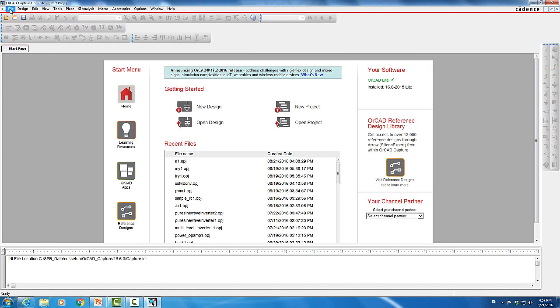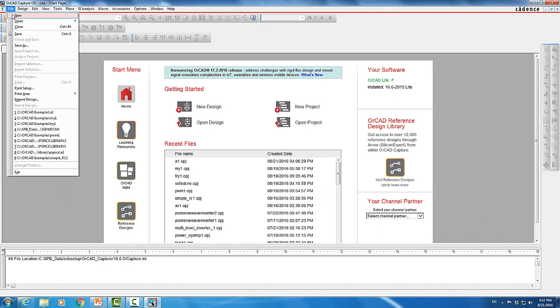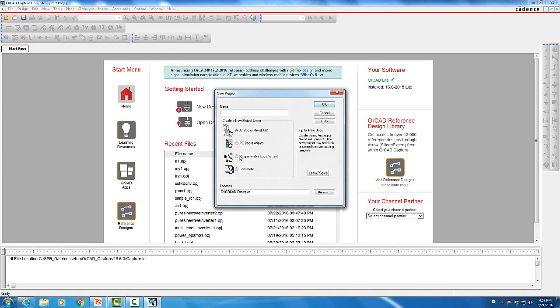So go to File, and then click on New Project, and here we're gonna use Analog Mixed Signal AD. Basically what we're gonna do is run circuit simulation only. We will not do board wizard, we will not design the PCB, the printed circuit board. We will only simulate the circuits, so we're gonna use analog or mixed AD circuits, and then we're gonna give